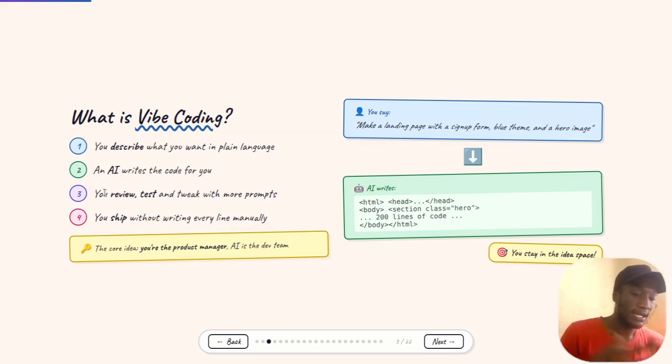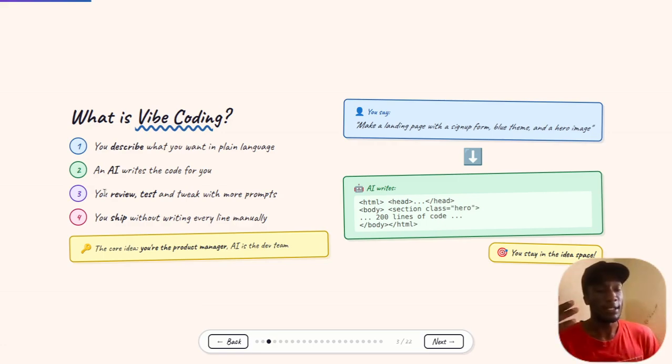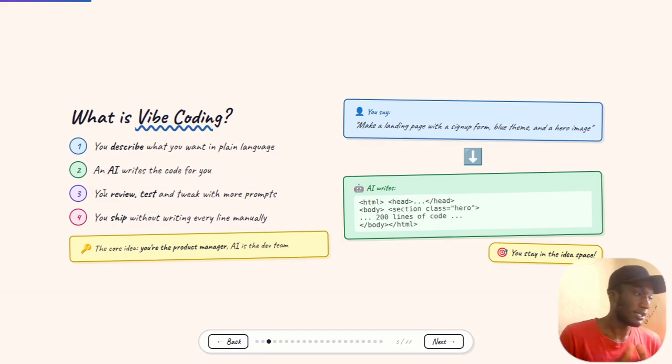After you have given the AI the prompt and it has coded for you, the next step is you review, test, and tweak. If you have built a landing page, you can try to maneuver through the buttons and see if there are errors, something like that.